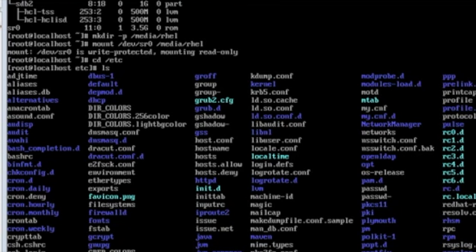So all the documents that are in sr0 are now in /media/rhel. So here I will create a repository. You can give any name. Suppose I give my name, manish.repo. Now, as usual, press i. Now I will write inside it.